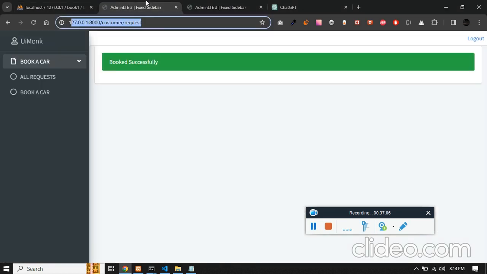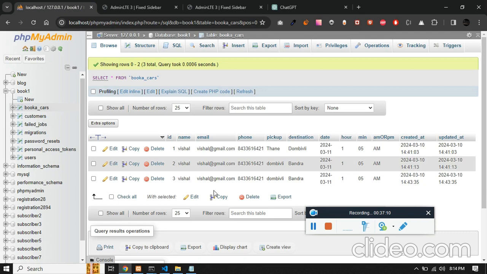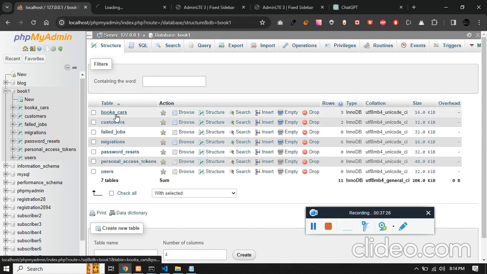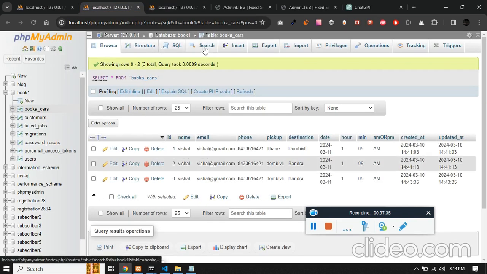Here what we need to do is we need to display only the user specific data. So to do that we have a problem. We are able to display all the values, but if you want to display only one user's data, we need to link the book a car and a customer. So you need to pass the customer ID to book a car. So let me create a structure,